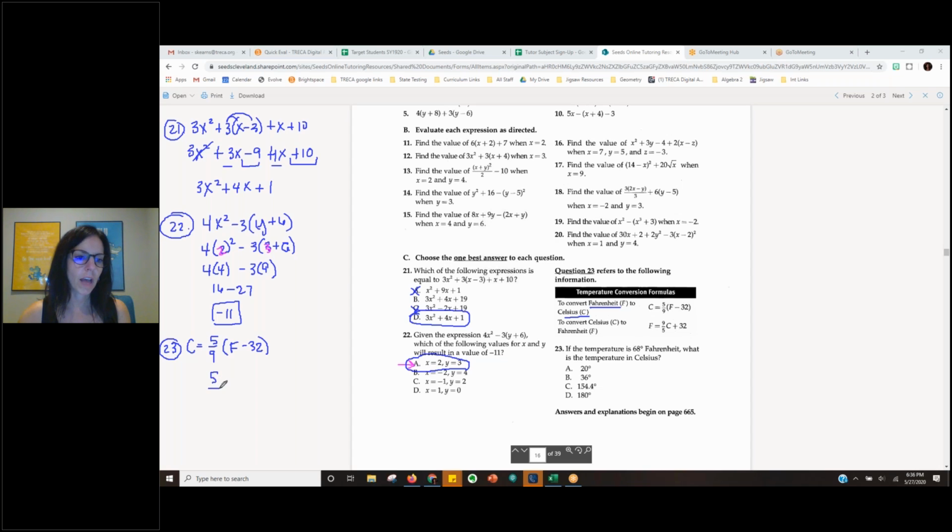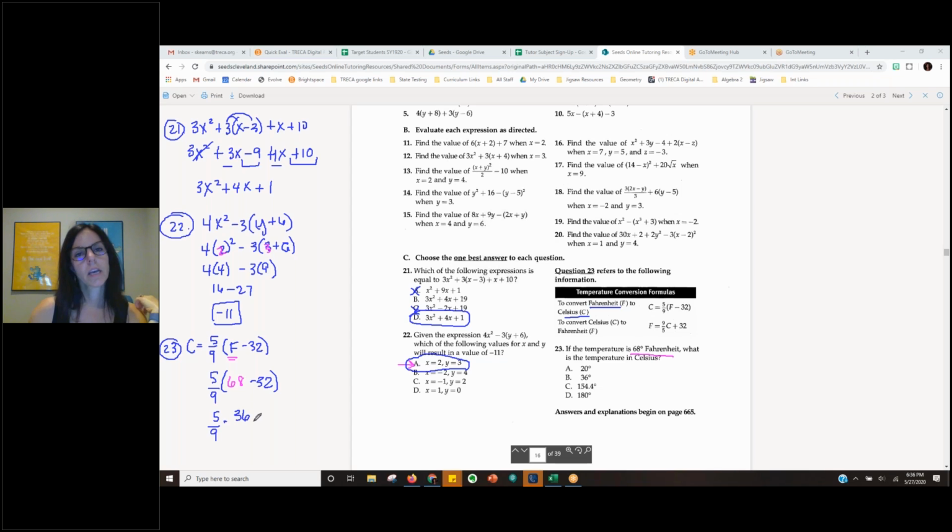So it's 5 over 9 times. I'm going to change my color. I know it takes longer, but I just think it makes more sense. So I'm going to take that 68 degrees Fahrenheit and plug it into the F. Here's my 68. Minus 32. Okay, 68 minus 32. That's going to give you a 36. I have 5 over 9